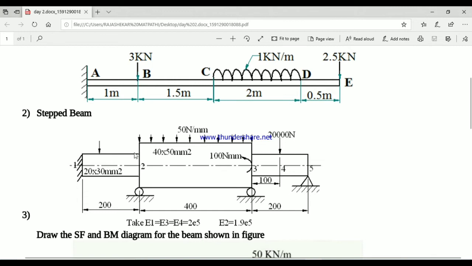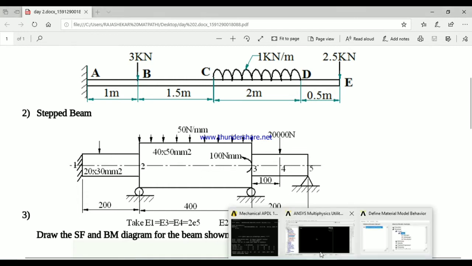Element number 1 and element 3, 4 take 2E5, and the middle element I can take as 1.95E5, just for your understanding.